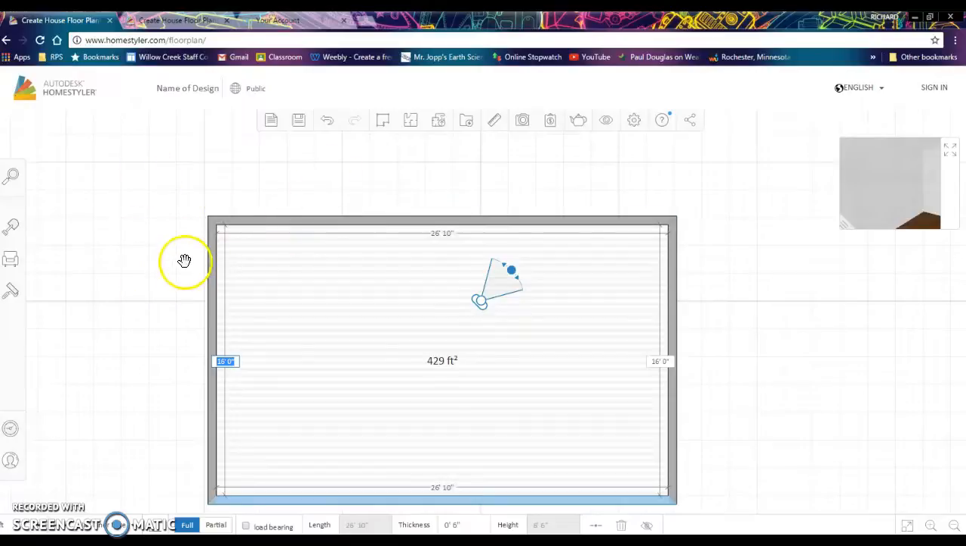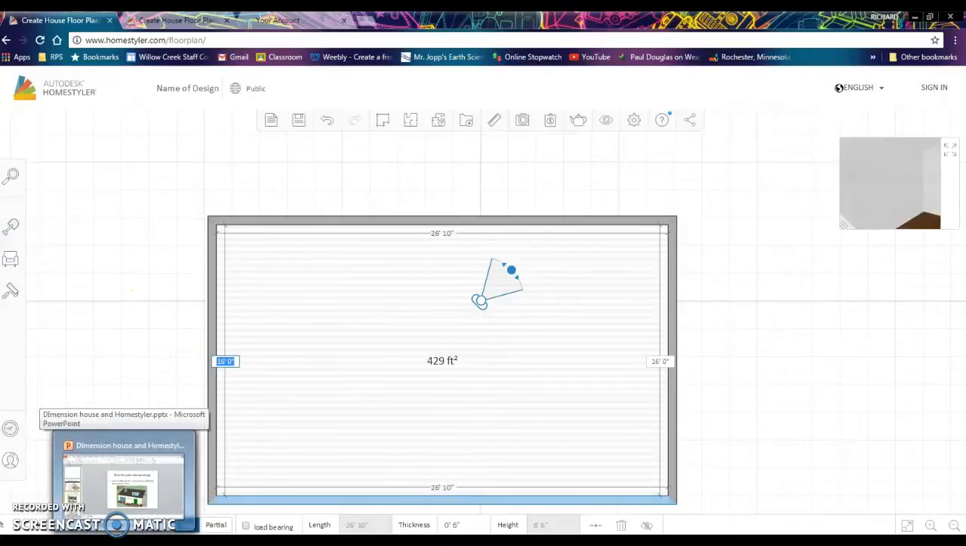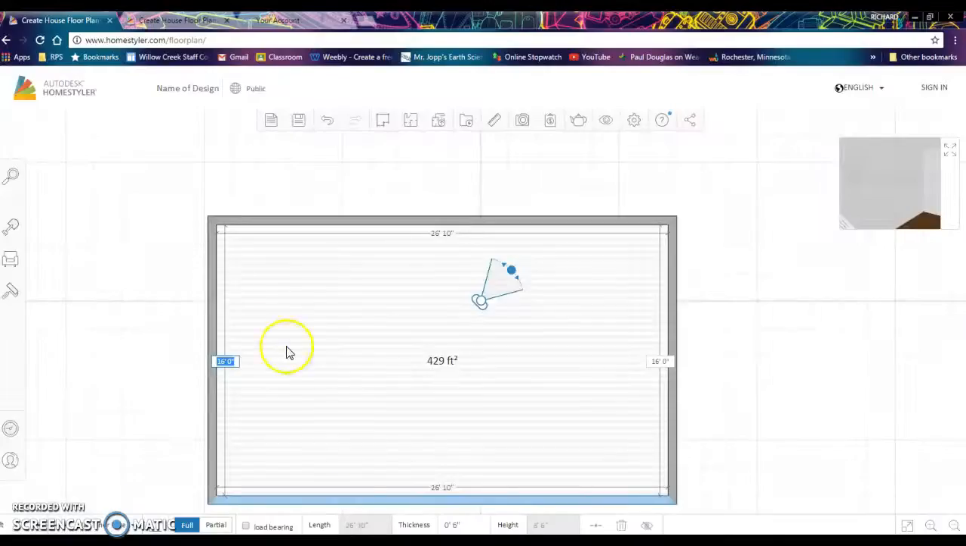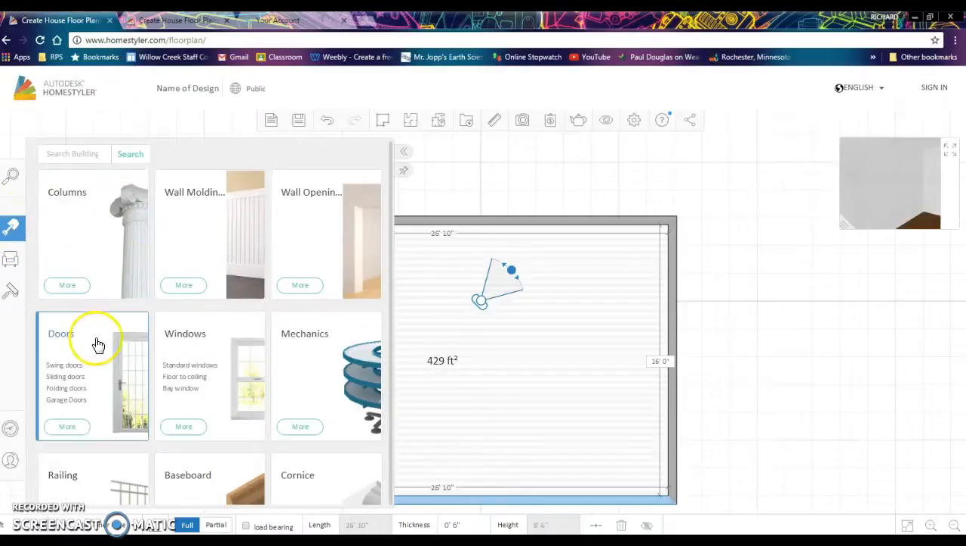It's the outside shell. Before I put walls and stuff in, I'm going to figure out where the doors are. So I'm going to look at my original house. Say I got a door on the long side and a window on that side. So I'll go back in here and I'm going to go to the building tab and find some doors and